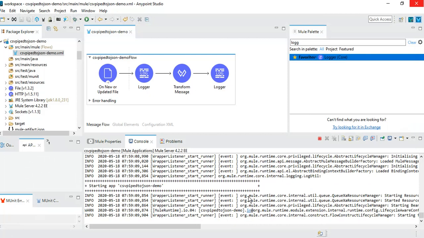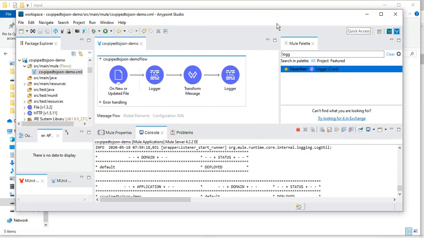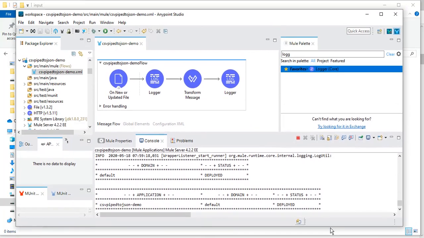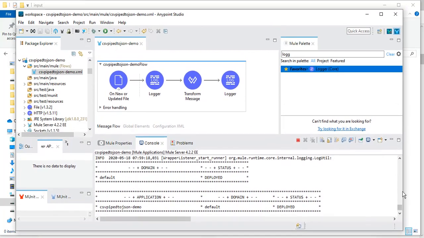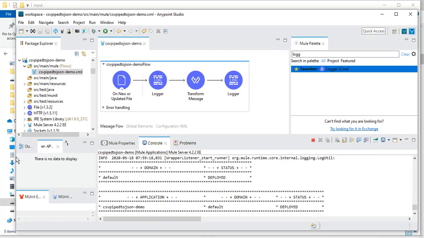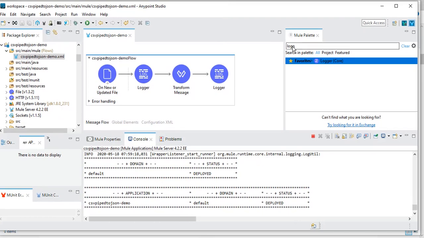Let me wait till the application is deployed. Okay, my application got deployed.